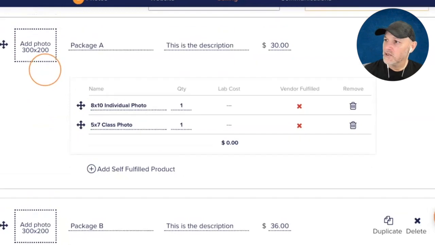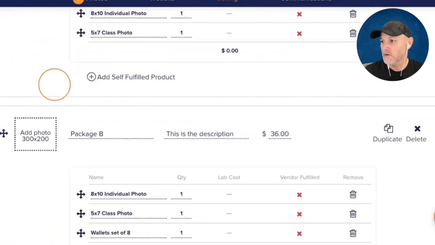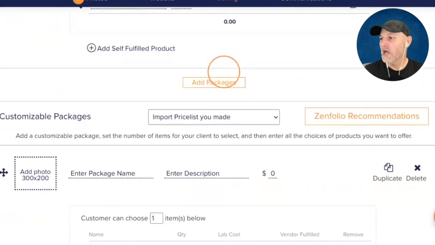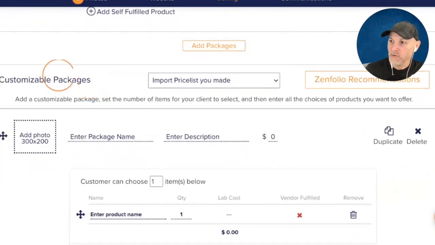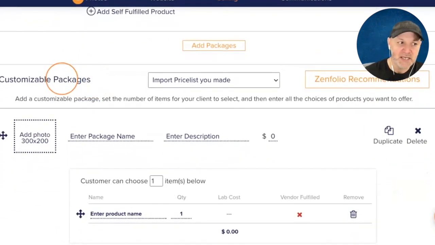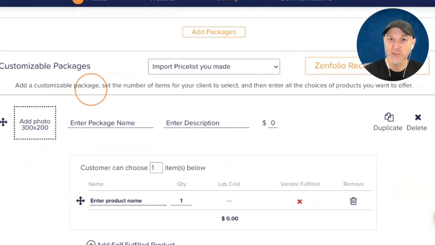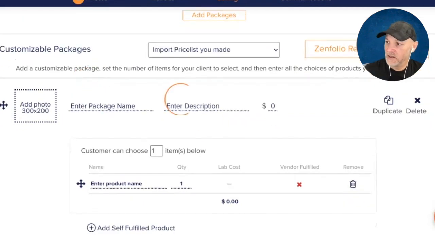So now that we've got some pre-order packages in here, what we'll do is we'll go down here. I'm not going to use a customizable package in this pre-order, but I do want to take a second to explain what these are. Basically, with a customizable package, you give your clients the option to choose a certain amount of products from a list of items at a set price. So if I wanted to offer a customizable package, I could say, okay, for $40, you can choose any 3